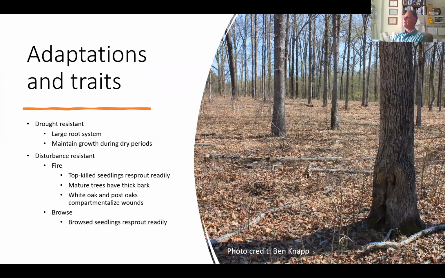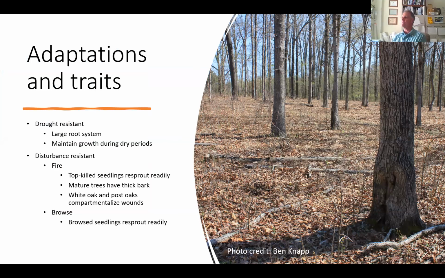This causes a number of adaptations and traits to occur in oaks. So for example, oaks are very drought resistant. Those large root systems that they develop really help them to get through drought periods. In fact, oaks maintain a very high growth rate even during dry periods. And this actually helps them to grow faster than some other species that do not have this characteristic on really